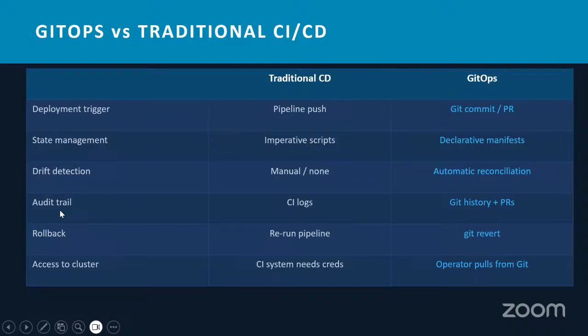So in terms of audit trail, in the traditional CI/CD, if you want to detect any errors or changes made, you have to go and check the CI/CD logs. You have to check the CI logs before you can be able to do that. But GitOps already has an operator that handles this. So whatever changes you make,